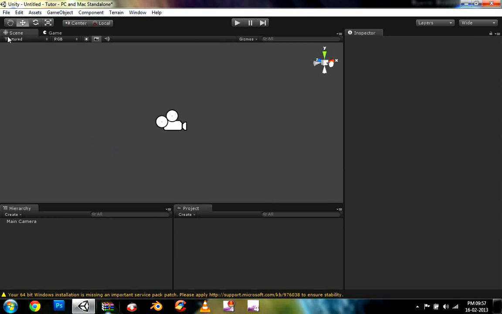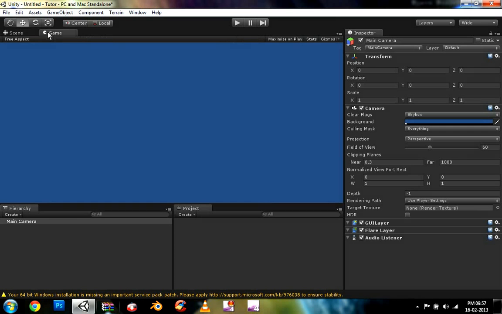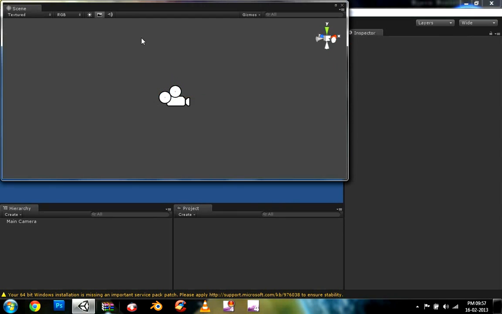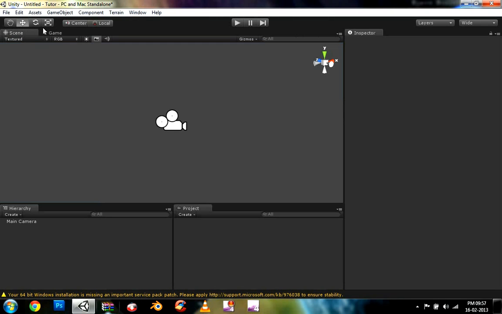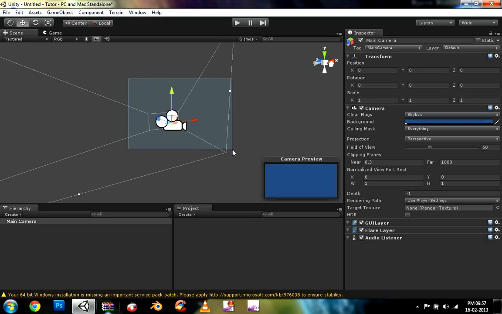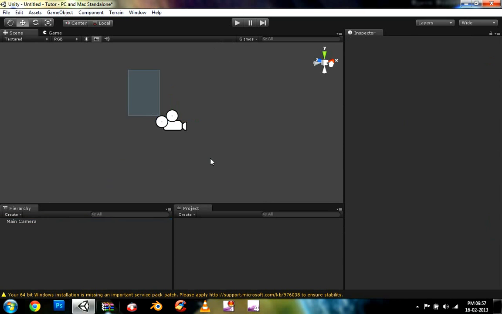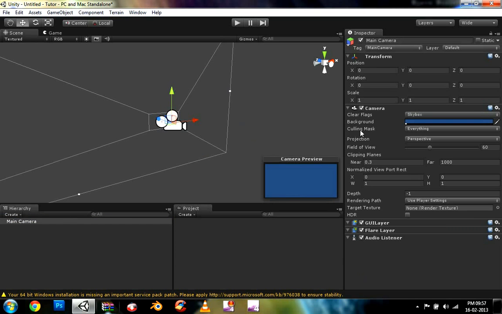So now we have one more thing. Here is the scene view. Now I will tell you the relation between the scene view and the game view. The scene view is the view in which we can edit or create our game. Here are the inspector and all, and we have to create the game in scene view.